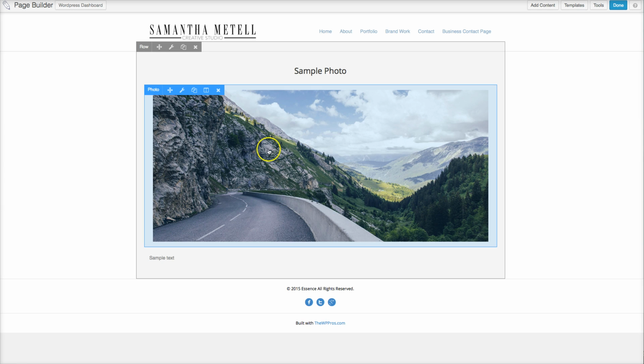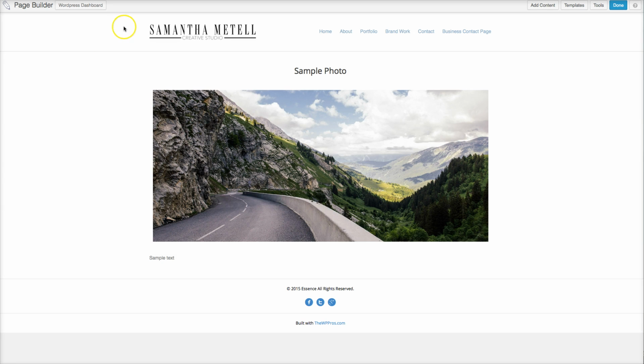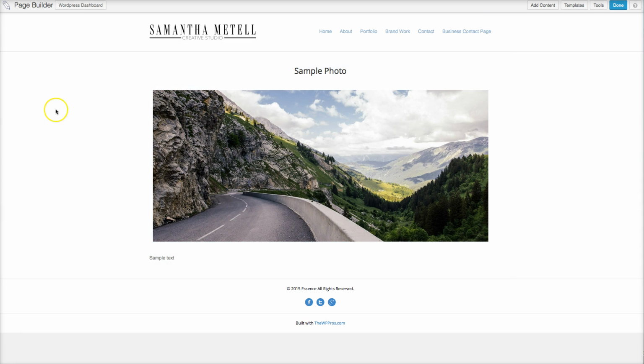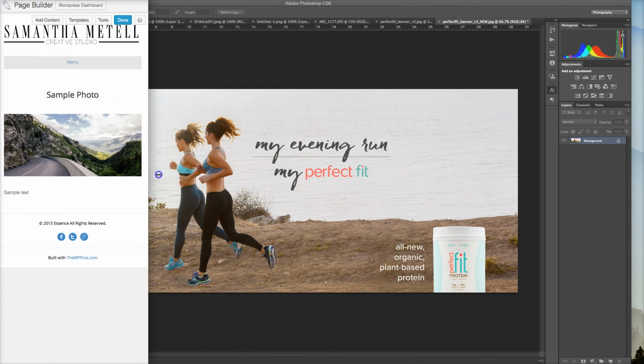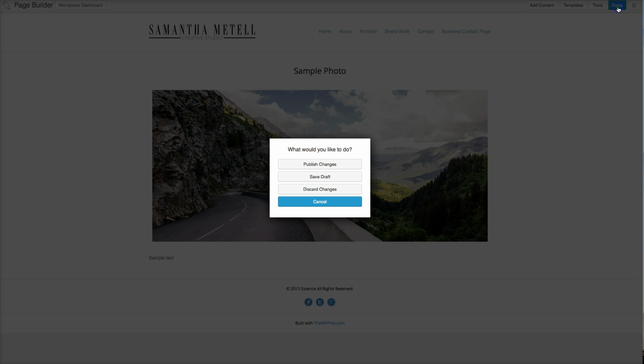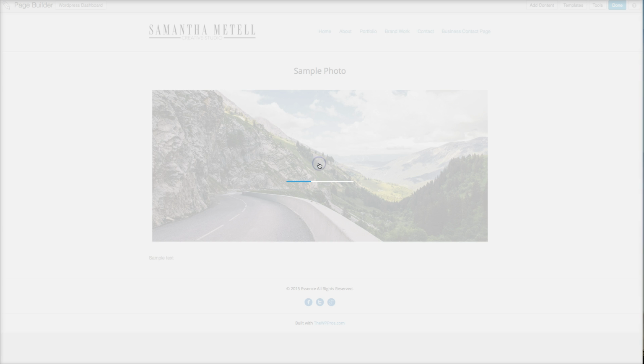That's the photo. And of course you can make it bigger, but you want it symmetrical with the end of the logo typically, just like that. And it does that for you. It doesn't put it outside the lines on that because you want it to look good on mobile. You want it to shrink in and stuff like that on there. So that's what you want. So once you're done with that, press done. Publish changes,